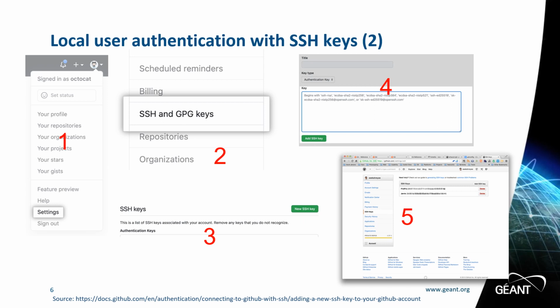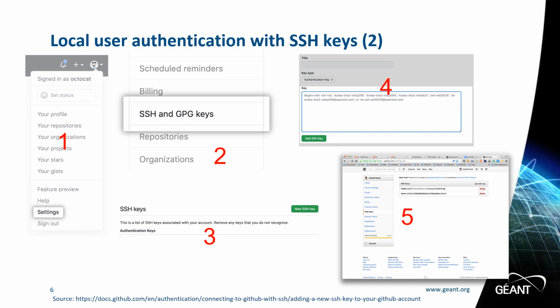To let GitHub know about you and authorize you when you send code to a Git repository, you need to add the SSH key to your account on GitHub. So, for user authorization and authentication over GitHub and Git at the local computer, you need to execute the following steps. In the upper right corner of any page, click your profile photo and then click Settings. In the user settings sidebar, click SSH and PGP keys.